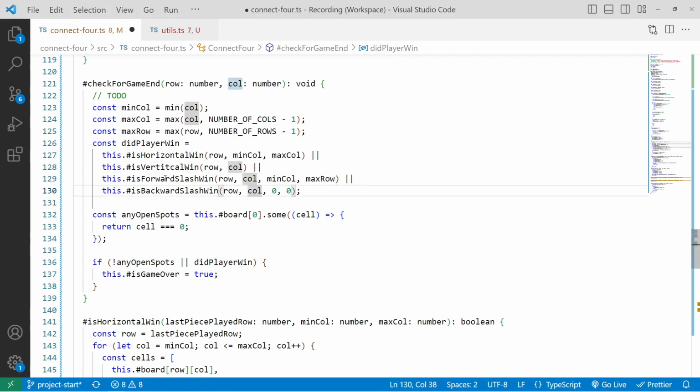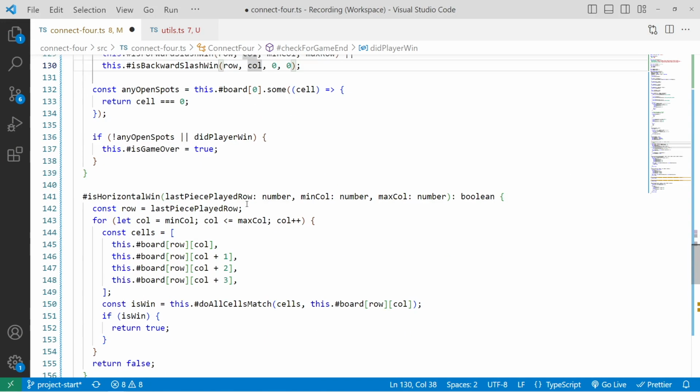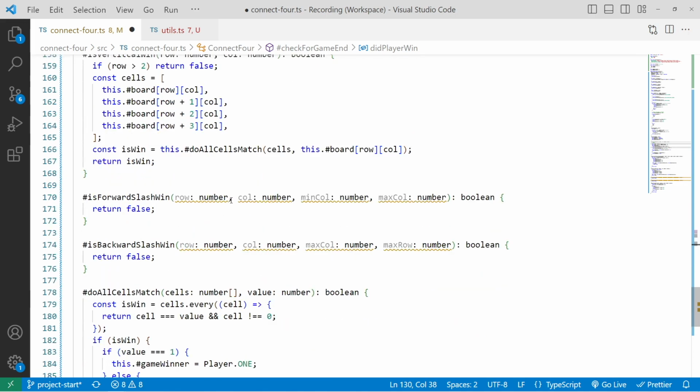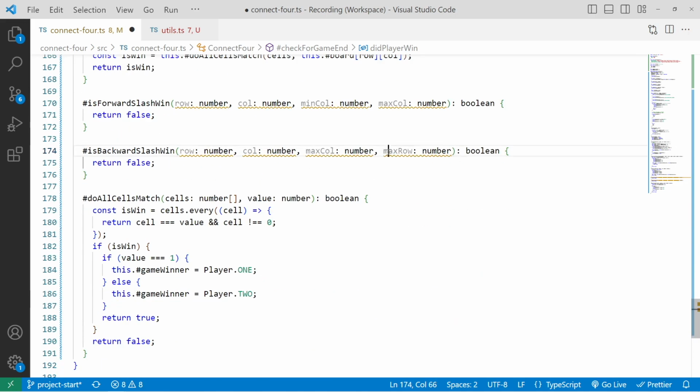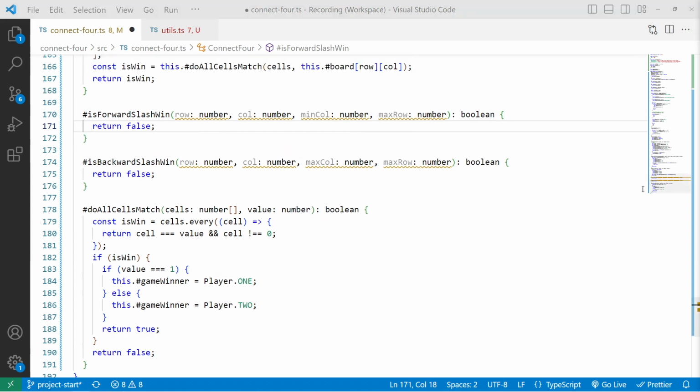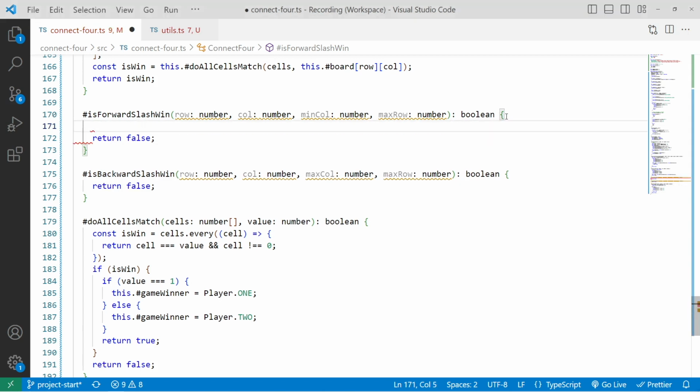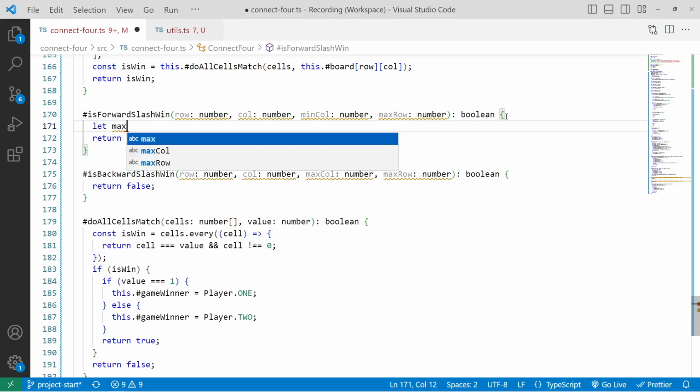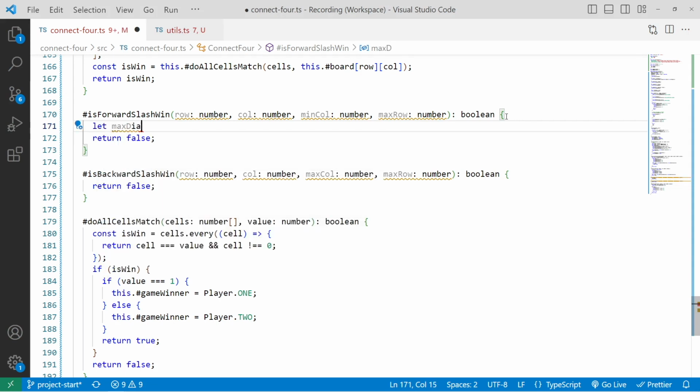So then we'll come down to our isWin method, and this should actually be maxRow as well. Okay. The first thing we need to do is calculate the maximum number of diagonal spaces that we can actually check. This is how far away from the border of our game board we are from our game piece. To do that, we're going to add a new variable: let maxDiagonalSpaces